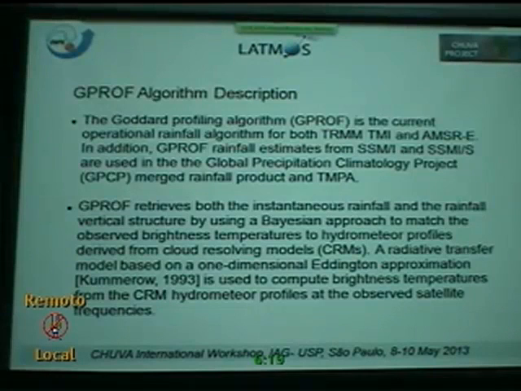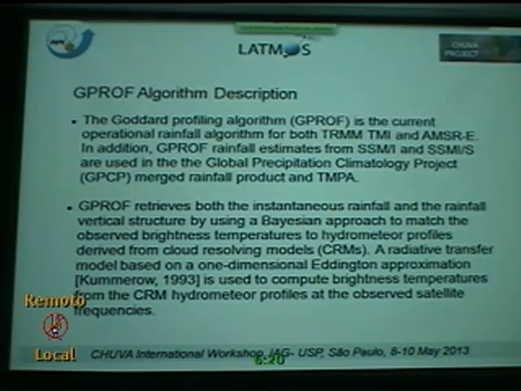This is very important because we have three satellites flying right now, F16, 17, and 18. So if we want to get some kind of